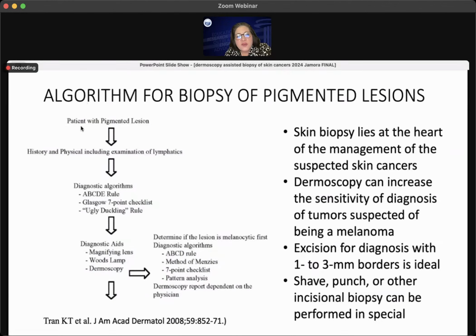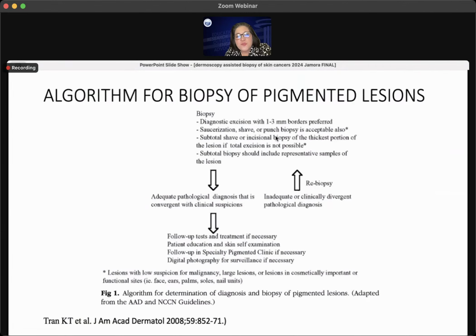Okay, so if a patient has a pigmented lesion, we look at the patient, we do history and physical examination, and then we use our dermoscope. We can use either a strong magnifying lens, Woods lamp, and of course our dermoscope. We can use any of the algorithms because we know that dermoscopy definitely increases sensitivity for skin cancers. And then we go on with our biopsy,